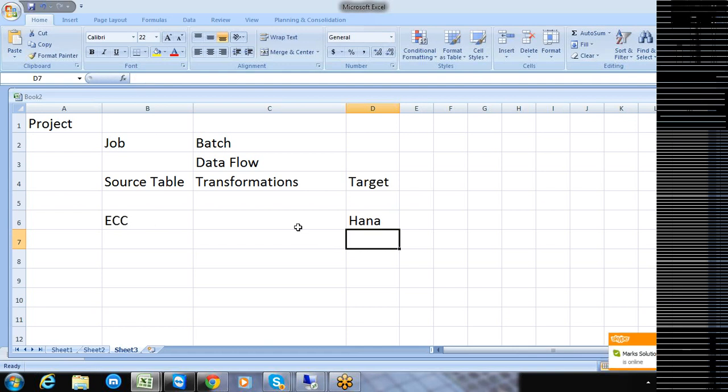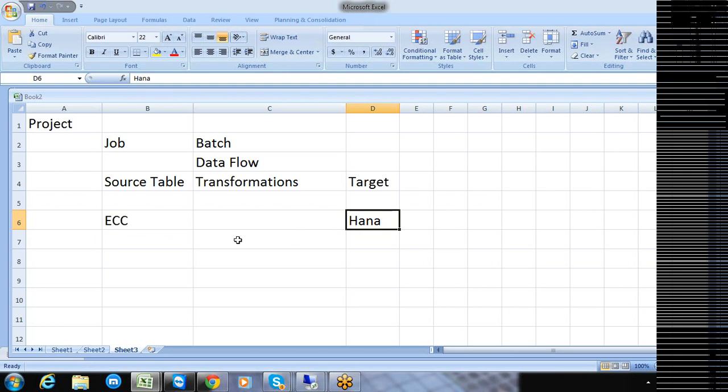And the next thing we need to be sure of is that while extracting the data from your ECC tables in order to load the data into the HANA tables, the data load cannot happen directly.